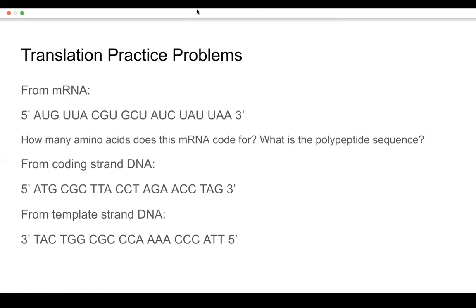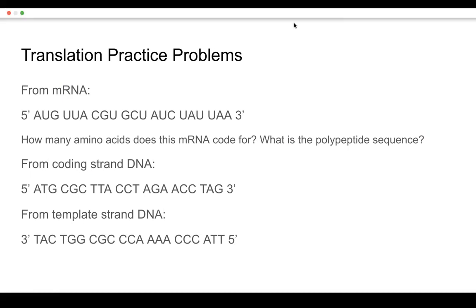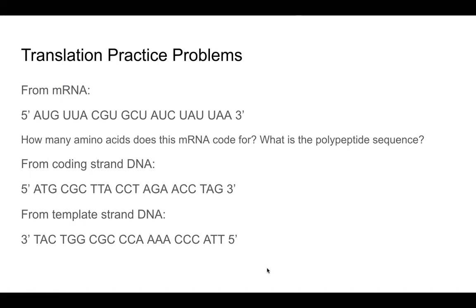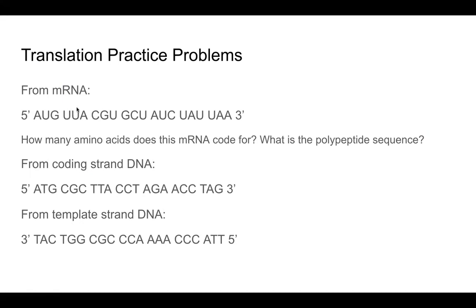So from the first question, we're going to figure out how many amino acids this mRNA codes for. We can figure out how many amino acids a strand codes for by figuring out how many sets of three nucleotides there are, minus the stop codons. So in this case, we have 1 AUG, 2 UUA, 3 CGU, 4 GCU, 5 AUC, 6 UAU, and UAA